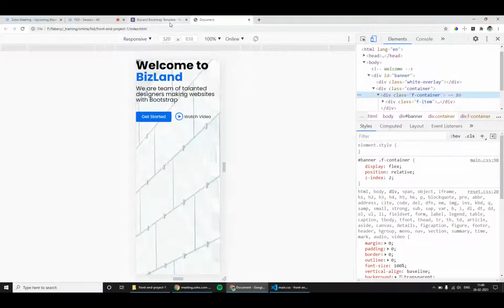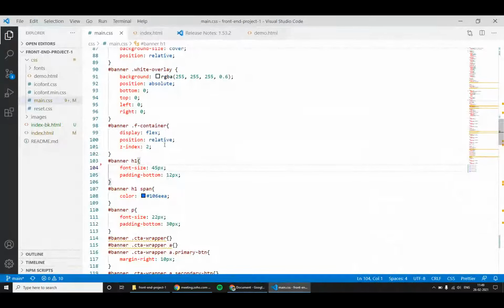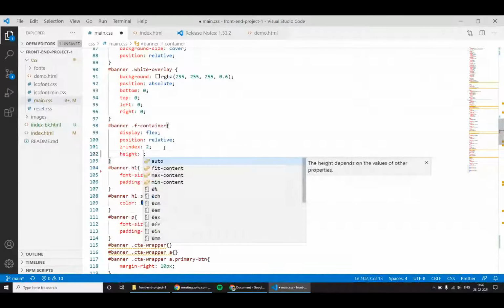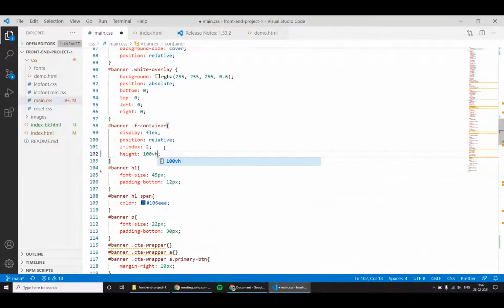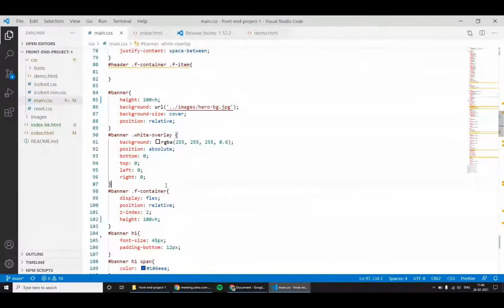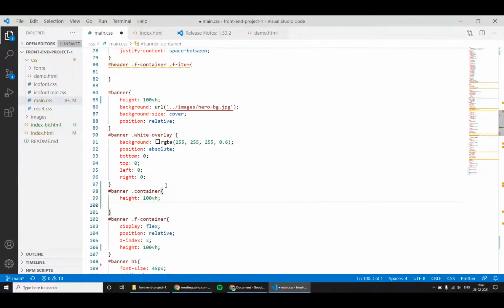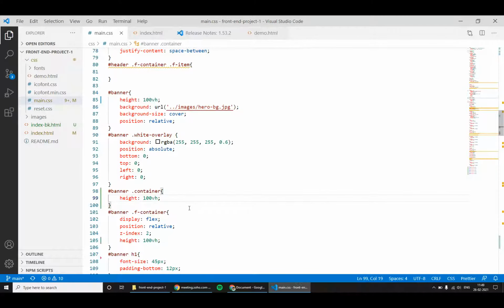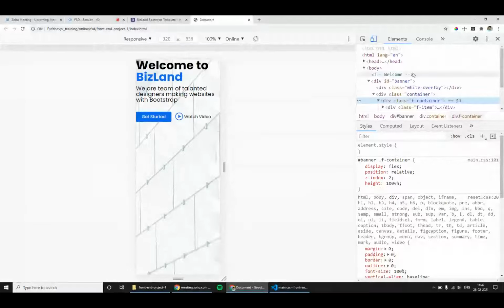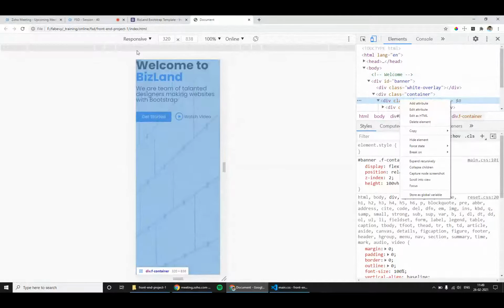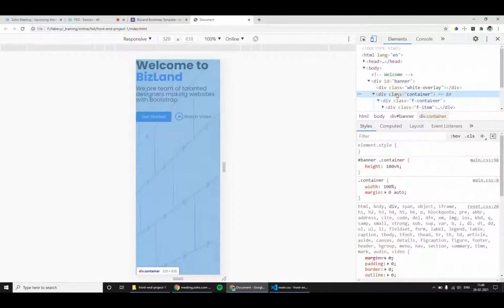So I will apply 100 VH for the flex container as well as for all elements. Now if I hover on it, you can check it occupies the entire height.